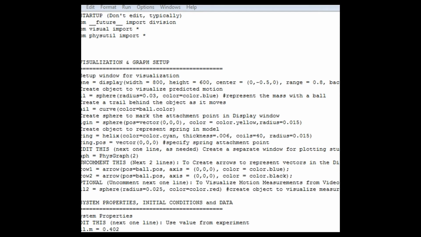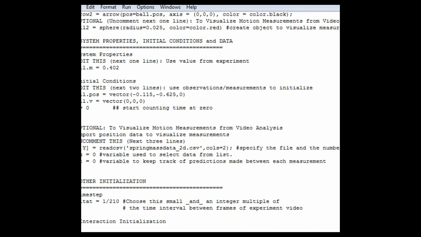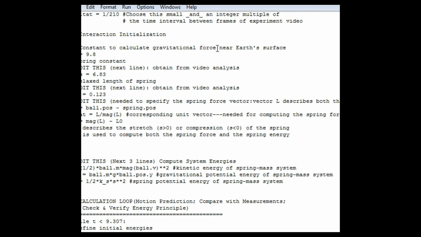So in this VPython file, we match the experimental with the theoretical data. All of the values, such as the ball mass and initial position that we provided in the PowerPoint, are put in here, as well as the equations we pointed out earlier. And we have a CSV file with the experimental data points that we can compare them to. And the time goes to 9.307 seconds, if we run this module,